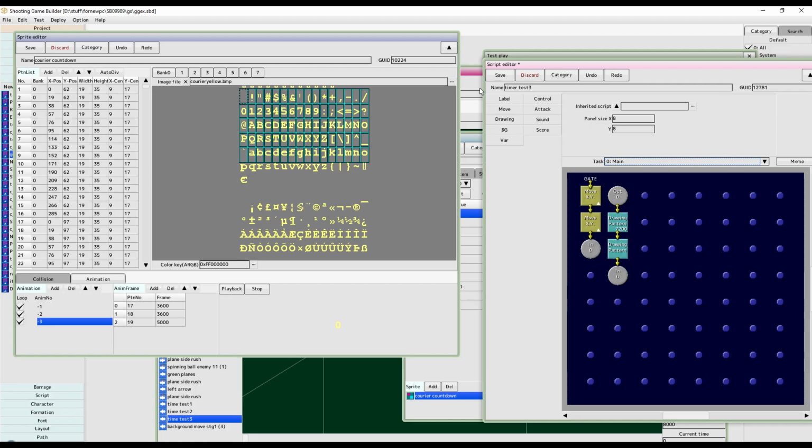I'm trying to think if there's anything else that needs to be explained with that. I'm not sure. But that is one way to do it. I kind of hope there was a way to have it already be native in the program itself instead of doing this, but that's basically how it is. Let me know what you think,